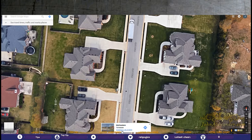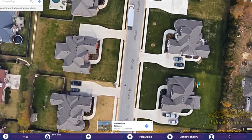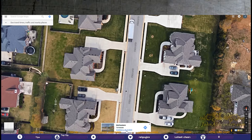Now, this is the coordinate down here, and the coordinate comes out in two numbers. There's a first number and a comma, a space, and then a negative, and then the rest of the number. So there's two numbers here, a positive number and a negative number. And Google can find you any place in the world with those two numbers. And so can buyers. So we mark down this number, so you can write it down, or the easier way to do it is to, and this sometimes works with Google Maps, sometimes it doesn't,